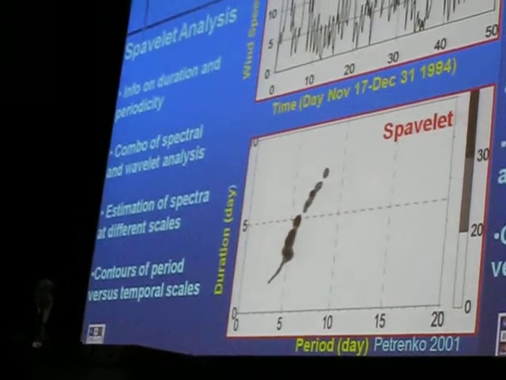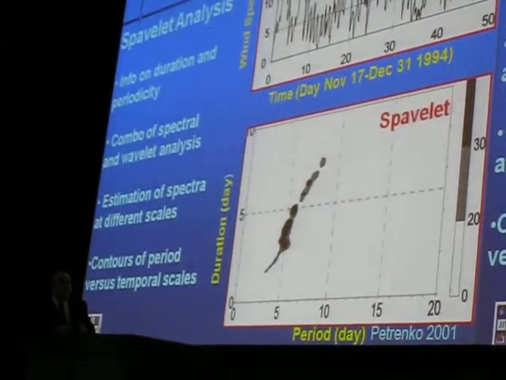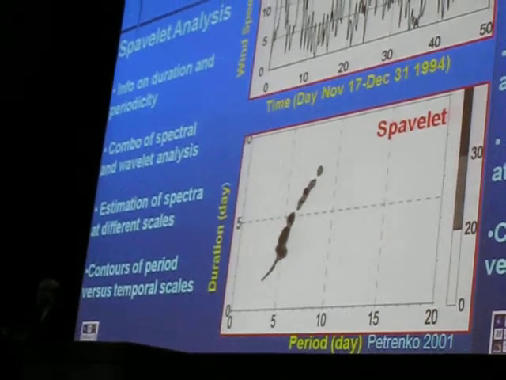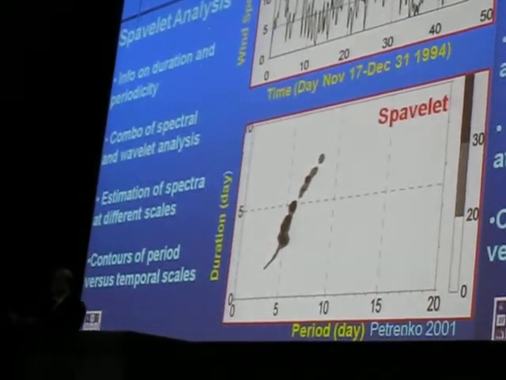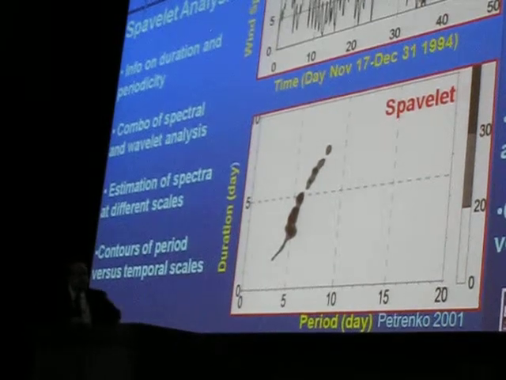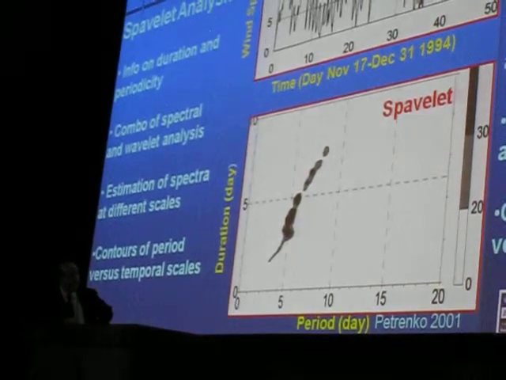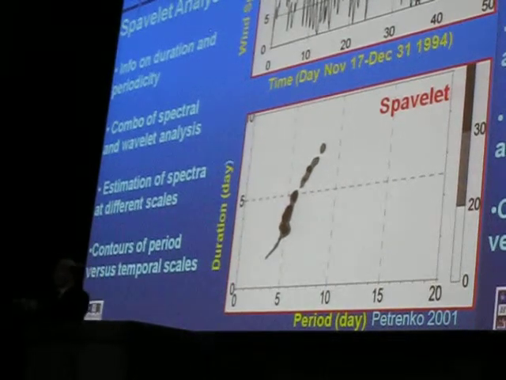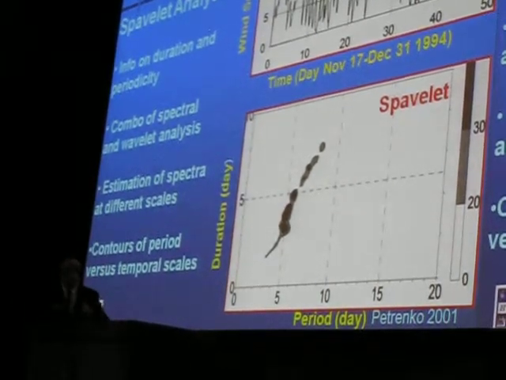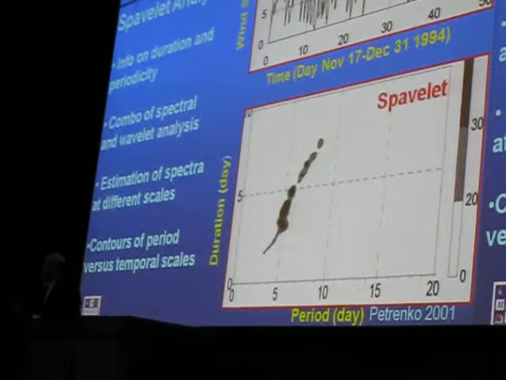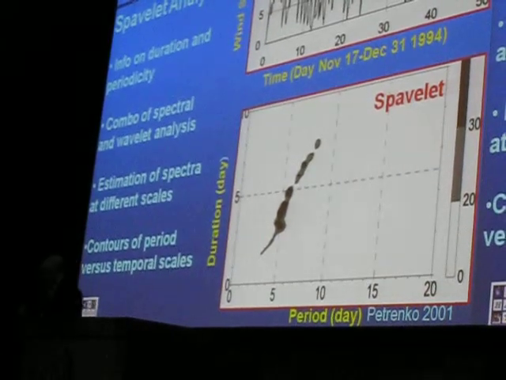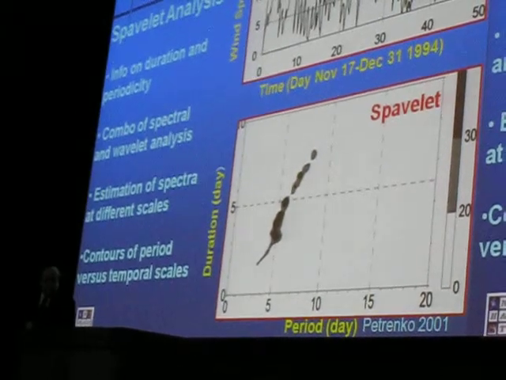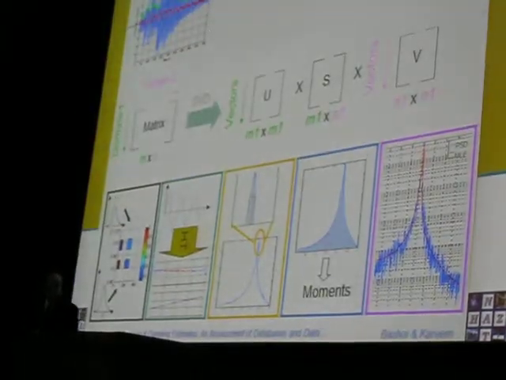a very good science. Here, we can find out from these wavelets, which is basically the Fourier transform of wavelet coefficients, and then you draw contours, and you can see that every 5 years, there will be winds in this area, which will last for 3 days, sorry. And this type of information is very useful for energy and for other types of use. So this can be used, a combination of spectra as well as wavelets.